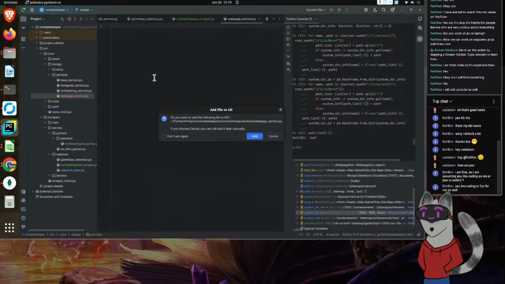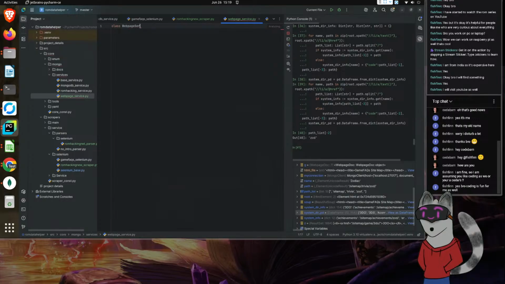Web page service. There we go. And then from here, I just need to import in the web page doc.